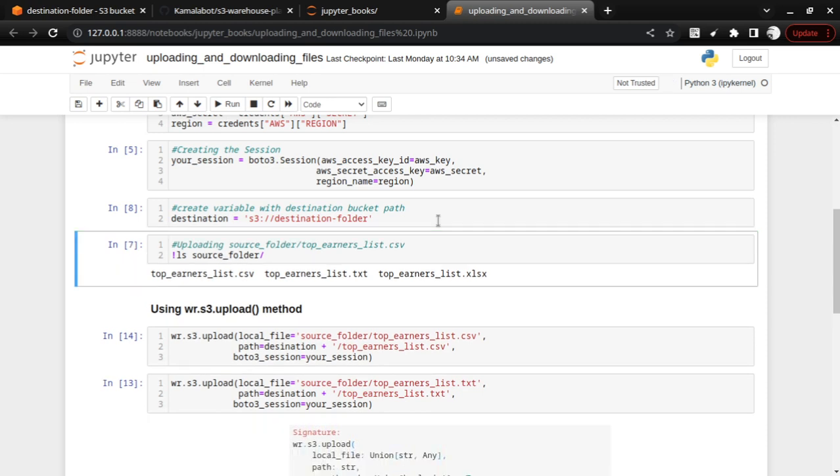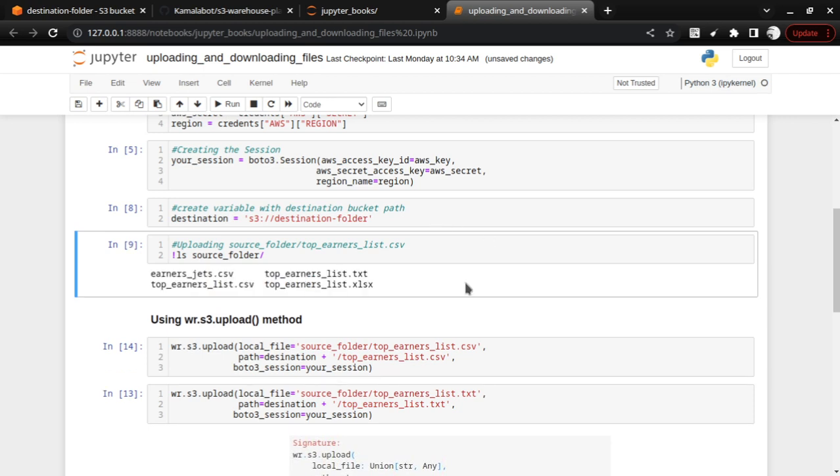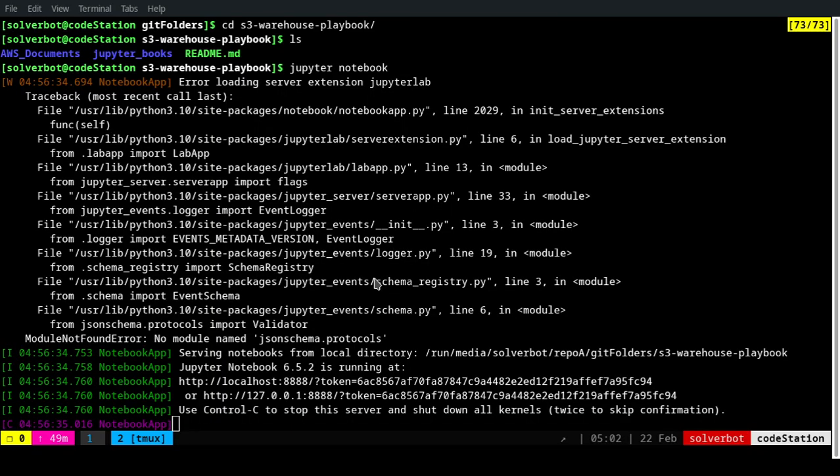before we proceed further, we also have to see what are the files that we are going to upload. The files that we are going to upload are earners_jets, top earners_list.txt, top_earners.list.csv, and an xlsx file. Where are these files coming from? If you go back to the terminal